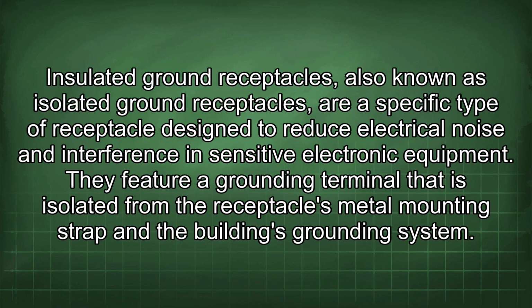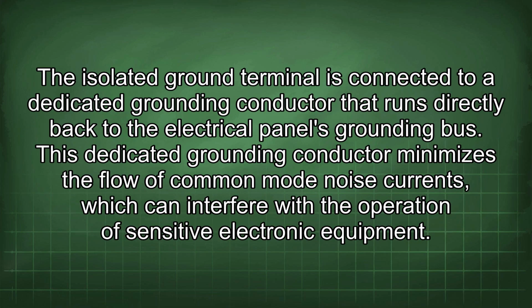Insulated ground receptacles, also known as isolated ground receptacles, are a specific type of receptacle designed to reduce electrical noise and interference in sensitive electronic equipment. They feature a grounding terminal that is isolated from the receptacle's metal mounting strap and the building's grounding system. The isolated ground terminal is connected to a dedicated grounding conductor that runs directly back to the electrical panel's grounding bus. This dedicated grounding conductor minimizes the flow of common mode noise currents, which can interfere with the operation of